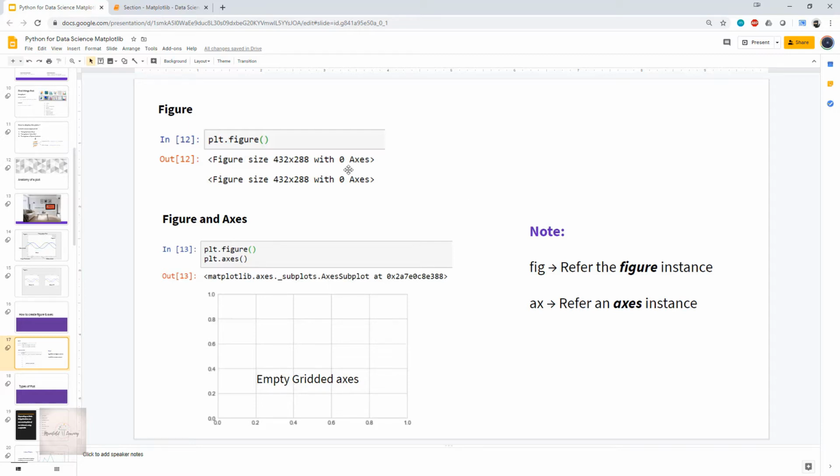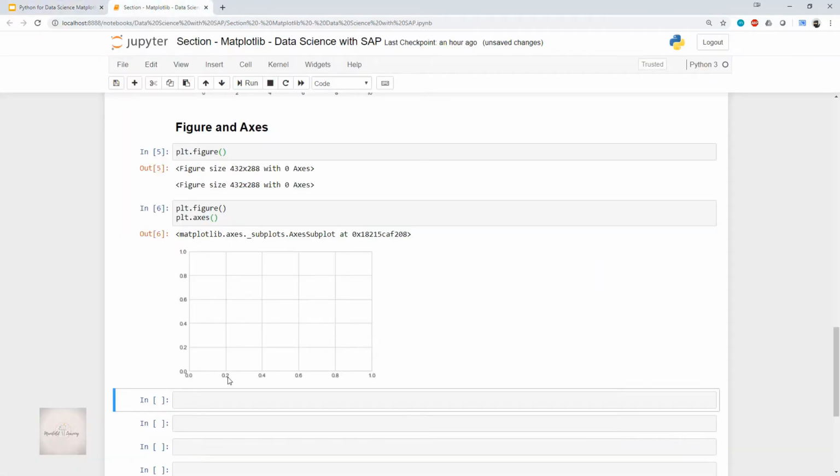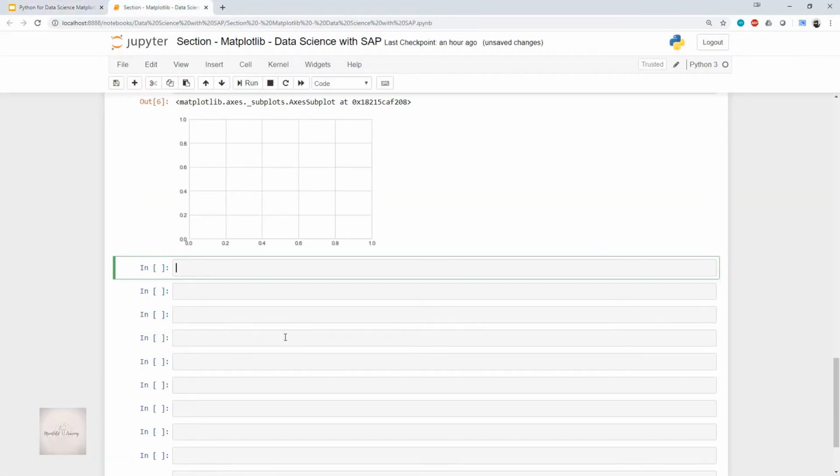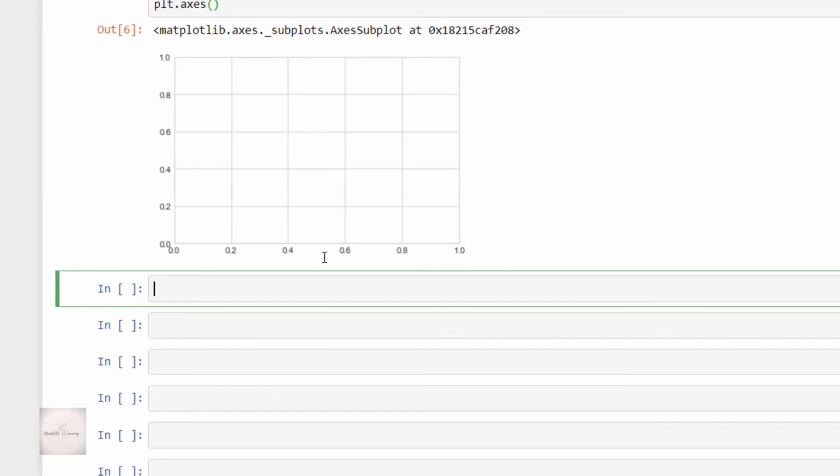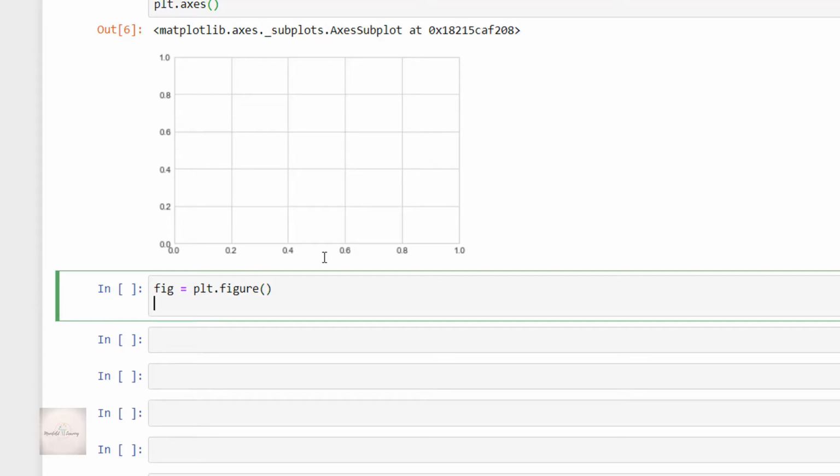So let's get back to this Jupyter notebook and let's start plotting with a simple sine wave. So here I'll write fig is equal to plt.figure. Then ax is equal to plt.axis.